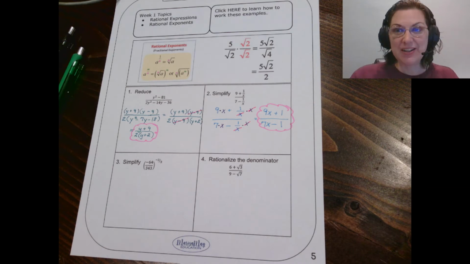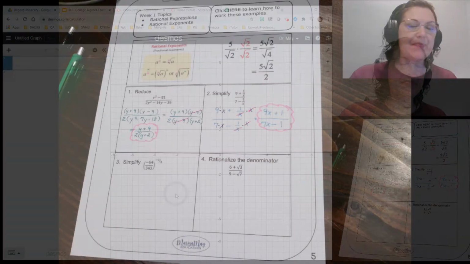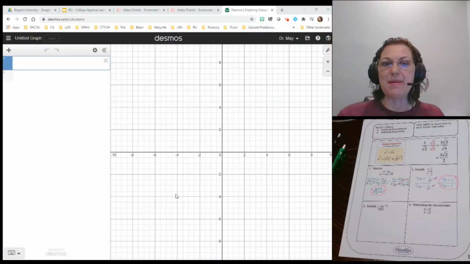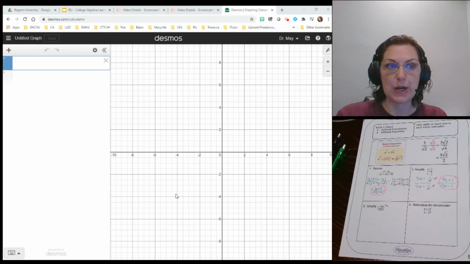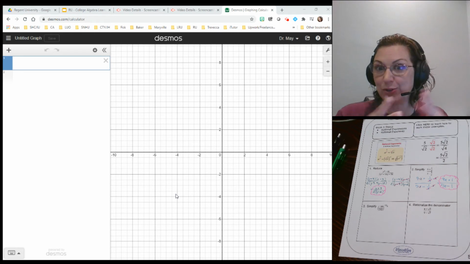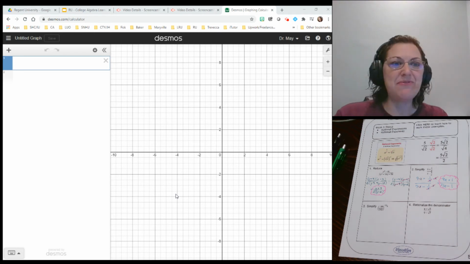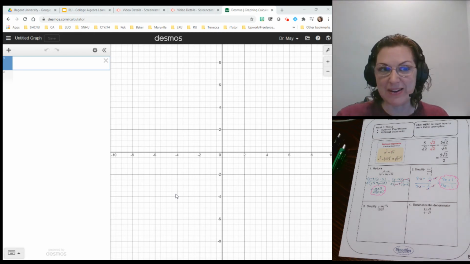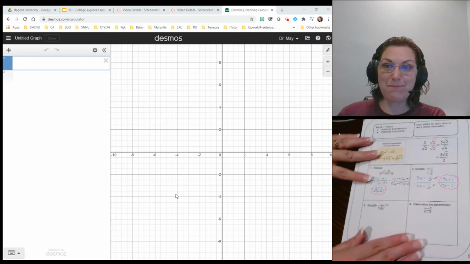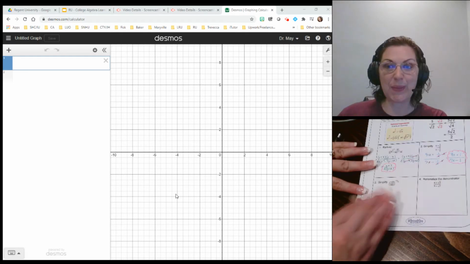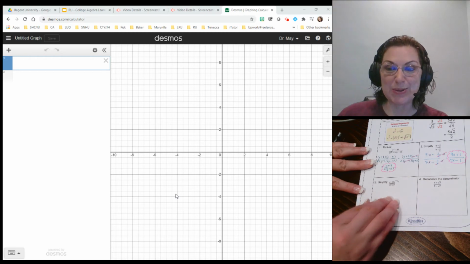Okay, as we look at problem 3, I'm going to change our layout so that you can see my calculator. I will put a link to this calculator down in the description so that you can see it. It's completely free and it's available on Google, so feel free to use it. It's the Desmos graphing calculator. But friends, it makes a problem like number 3 so super simple if you know how